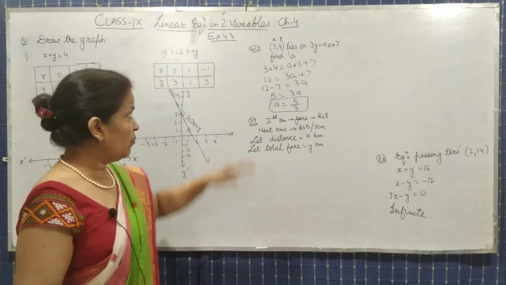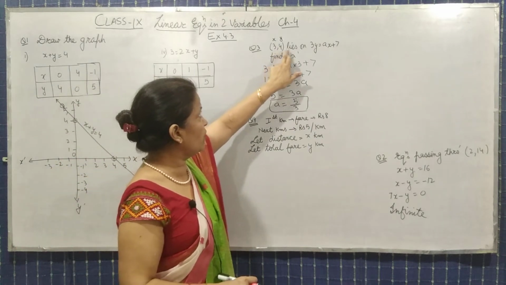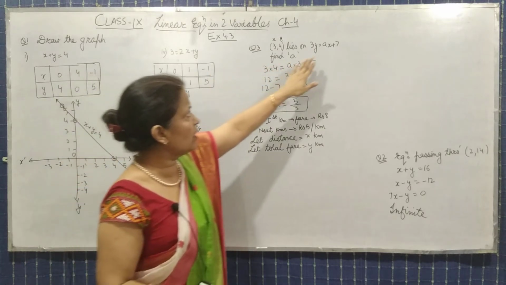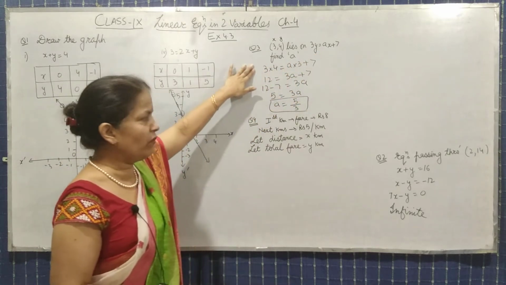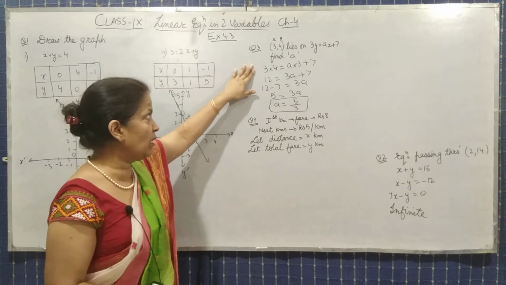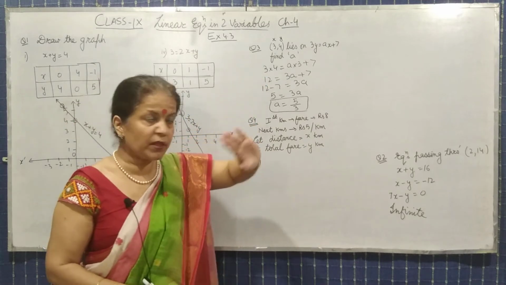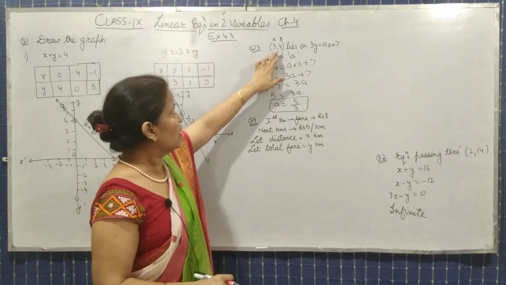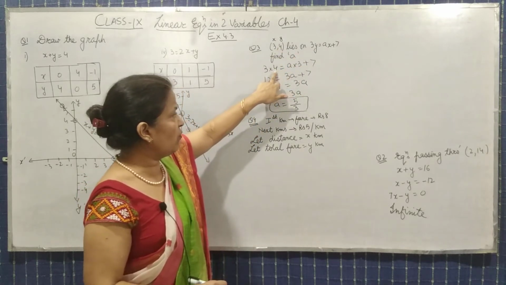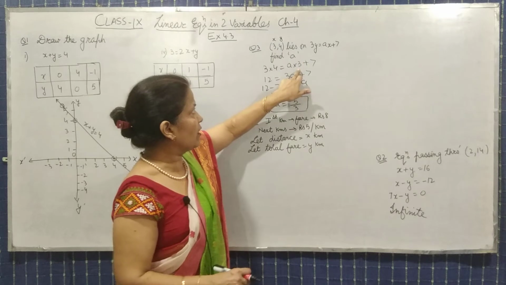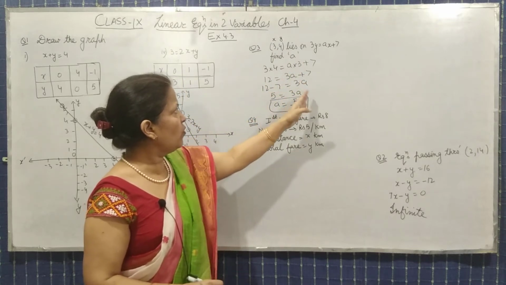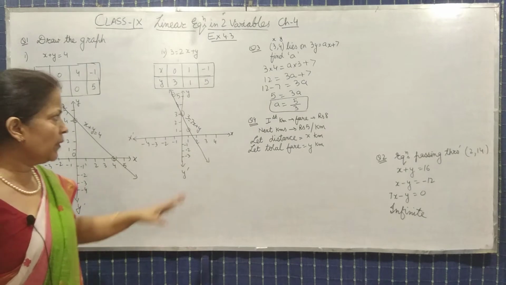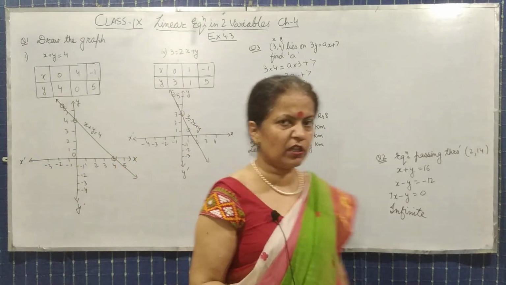Why is it so? Because here it is given that (3, 4) lies on this linear equation. Since 3 and 4 lie on this linear equation, it must satisfy the equation. Satisfy means you can put these values into it. So instead of y and instead of x, we will put the values and go further to solve it. We will get the answer. Clear? Now question 4 is very important.